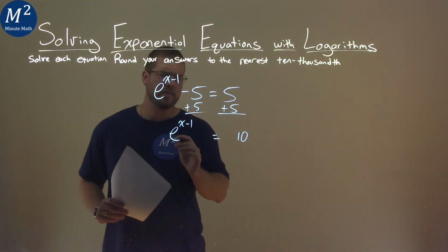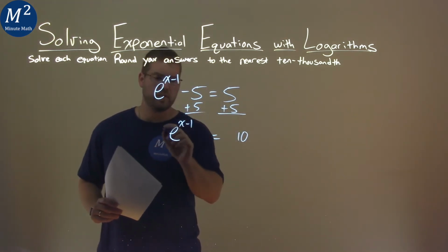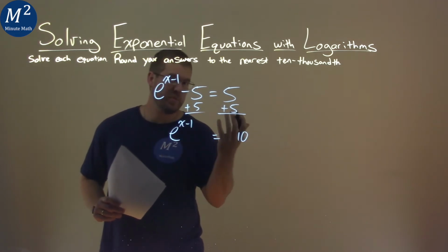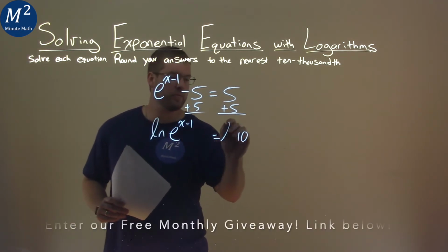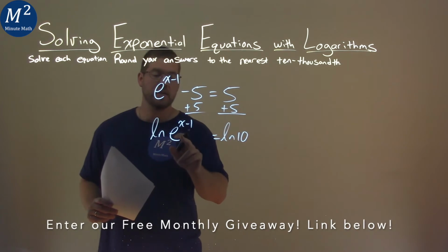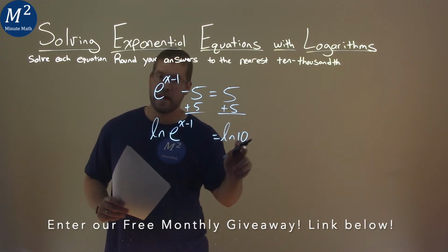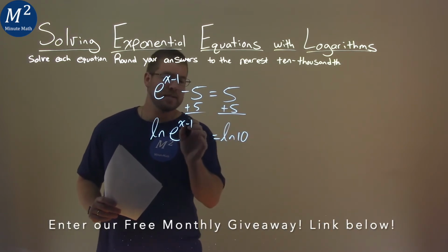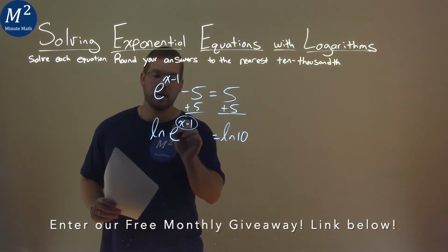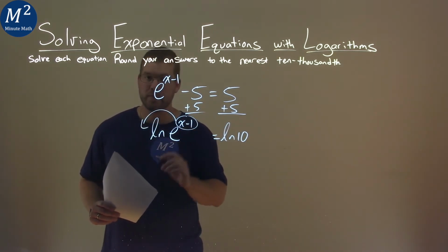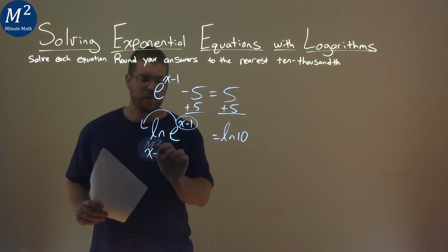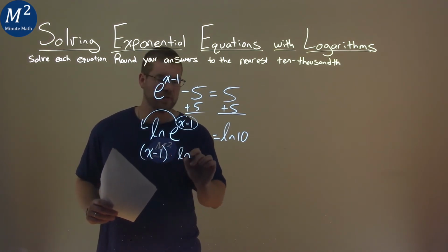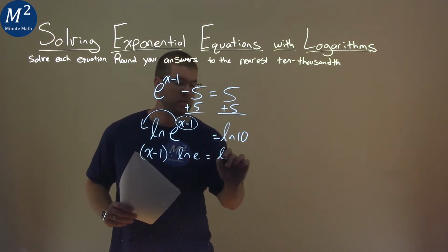But then from here, our rules of logarithms tell us that we can take a natural log of both sides. So I'm going to take the natural log of both sides, natural log of e to the x minus 1 and natural log of 10. That allows me to take this exponent right here and bring it out front. So we have now an x minus 1 times natural log of e is equal to natural log of, well,